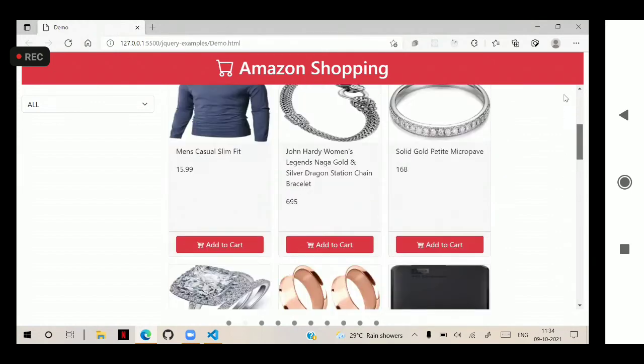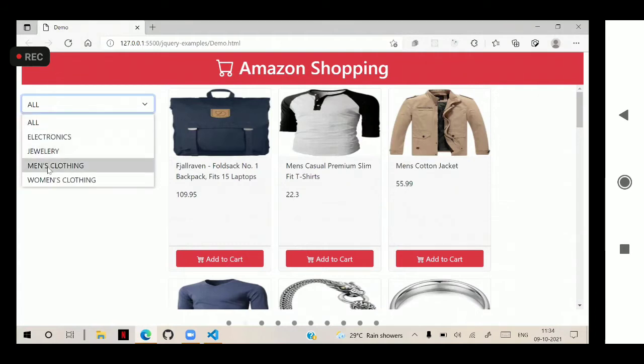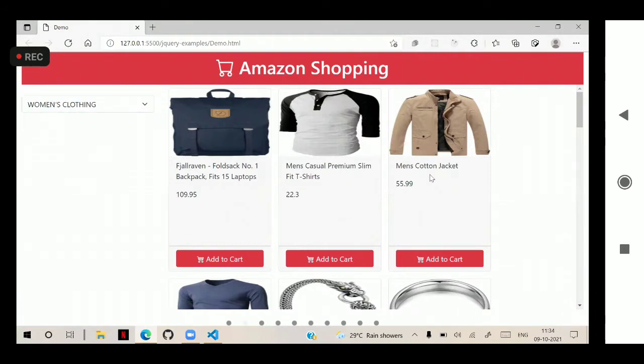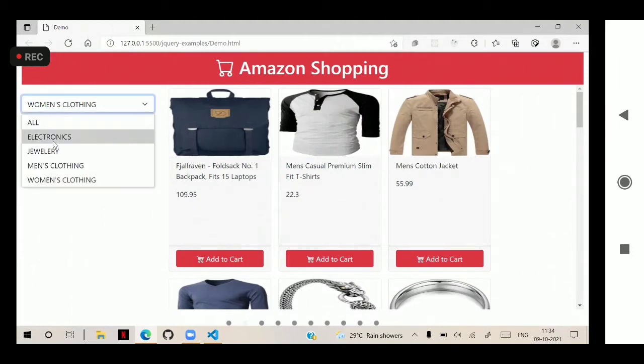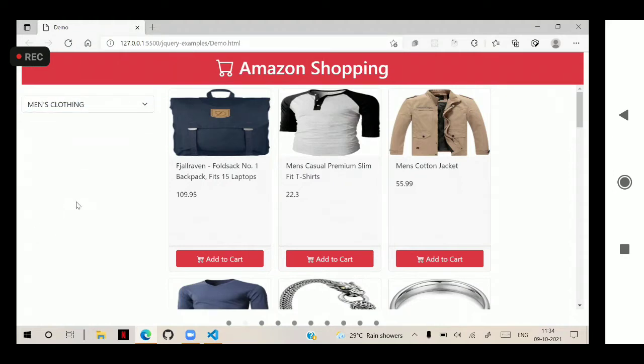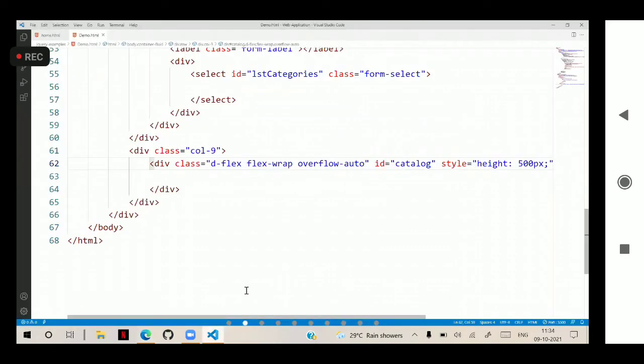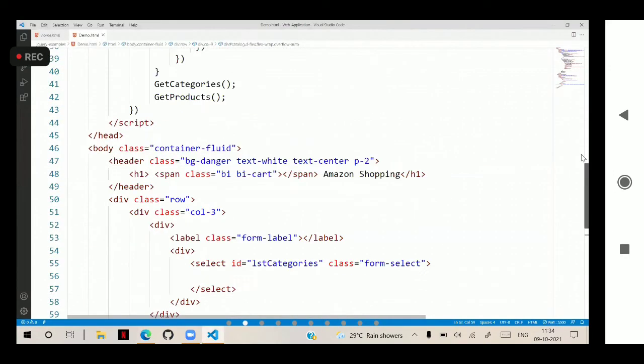So this is accessing all the categories and accessing all the products. Now when I select a category, the category-related products must come. That means we have to write an event for this drop down. Generally we write the onchange event in our JavaScript. In jQuery, it's simple.